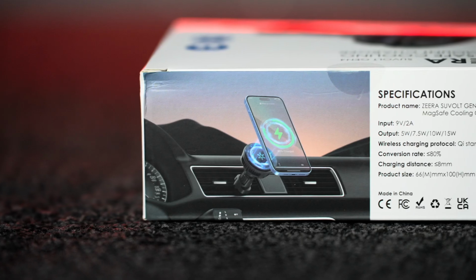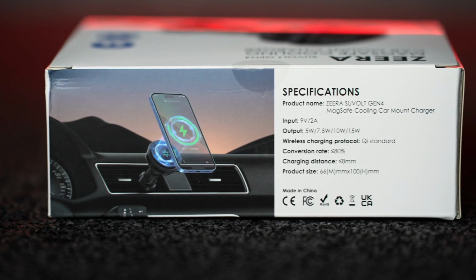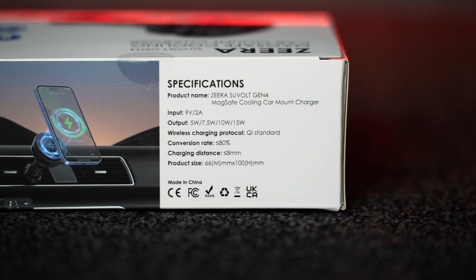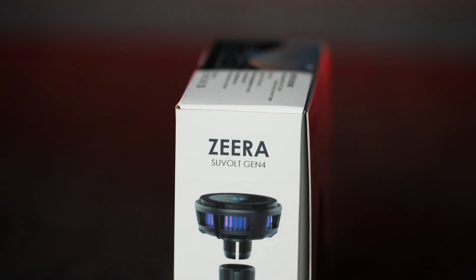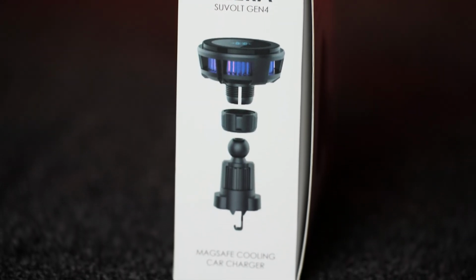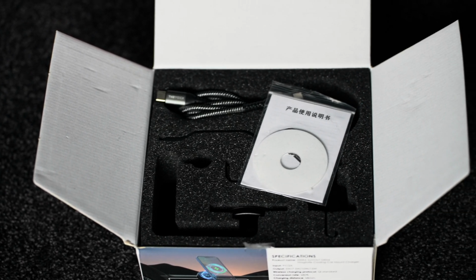This is something that obviously a lot of people who have used car mount chargers, and especially Magsafe chargers, will have noticed. If you're using it with sat-nav, then your phone's going to get very hot over a long journey. And generally if you're using it in the vents, then the back of the phone's also being hit by sunlight as well. So even if you're not using the phone and it's not even charging, a lot of times it will heat up. This aims to solve that issue just by adding some built-in cooling, so hopefully it should be